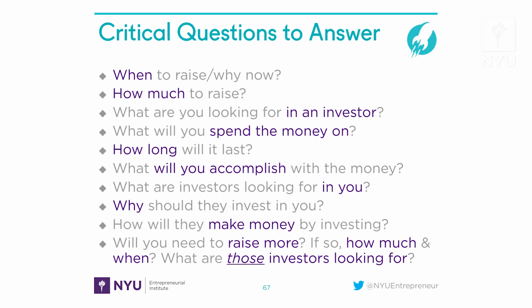So that was the reason why I told you earlier that the majority of an investor's portfolio companies are going to fail. So one of the ways that they try to assess valuation is by backing into what they need to get in order to justify the returns that they need in their portfolio, understanding that the majority of their portfolio is going to end up losing money. And so that's why I raised some of those questions about how much are you going to raise, how much more do you need to raise, when are you going to raise it, what are you going to accomplish with it,